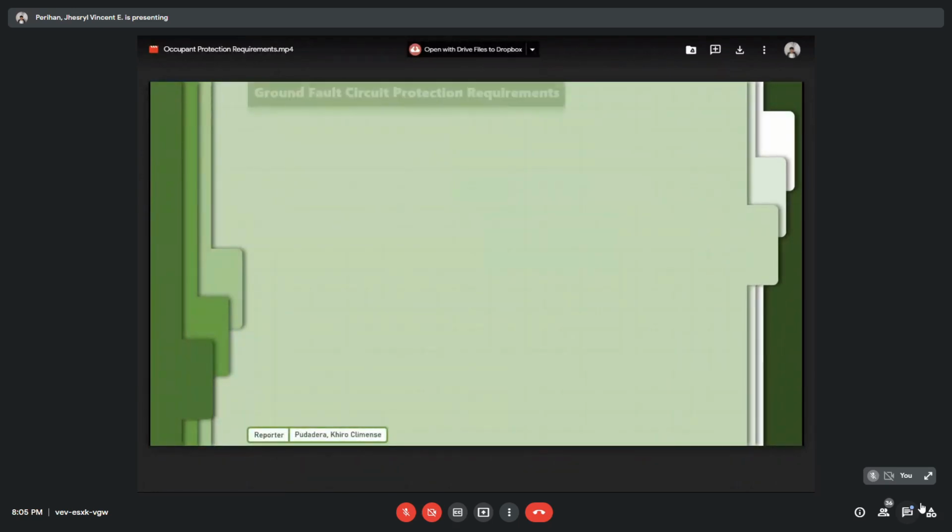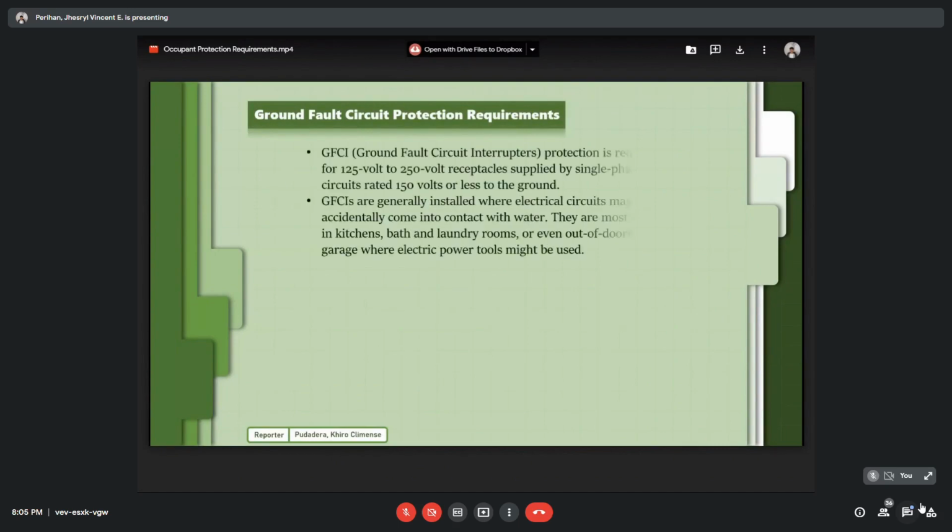Next is the ground fault circuit protection requirement, or GFCI. This protection is required for 125 volt to 250 volt receptacles supplied by single-phase branch circuits rated 150 volts or less to the ground. GFCIs are generally installed where electrical circuits may accidentally come into contact with water. They are most often found in kitchens, bath and laundry rooms,